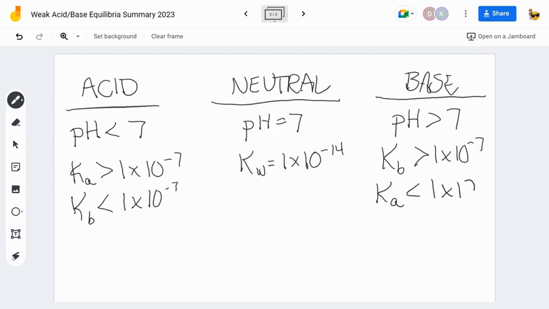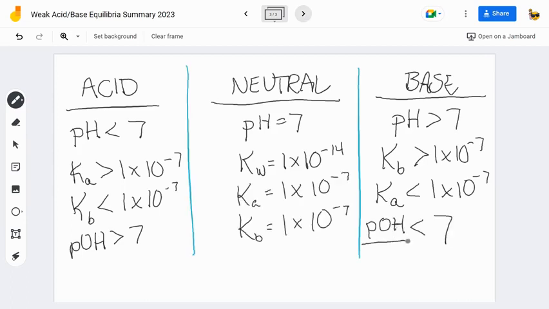So here's how we can identify whether we're dealing with an acid or a base. So you also can have a pOH of an acid. The pOH of an acid is going to mean, okay, so it's got to be greater than 7. pOH is less than 7. And that is our summary of the weak acid-base equilibria that we learned so far, and we will come back together and learn how this relates to